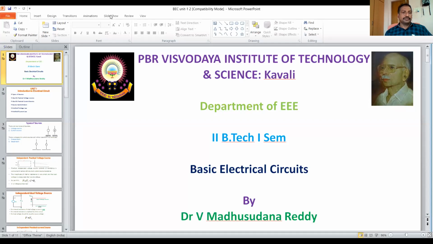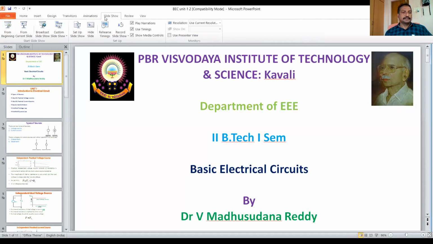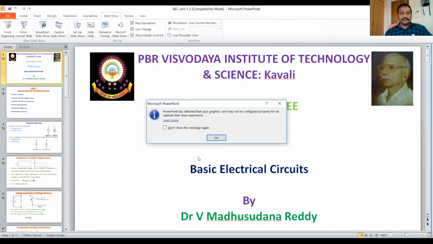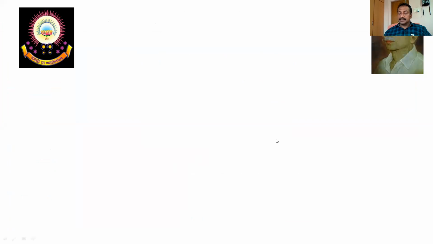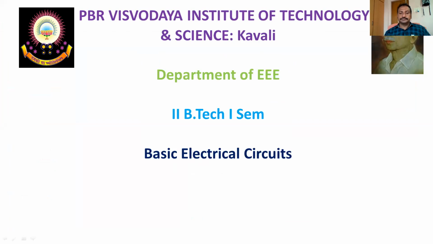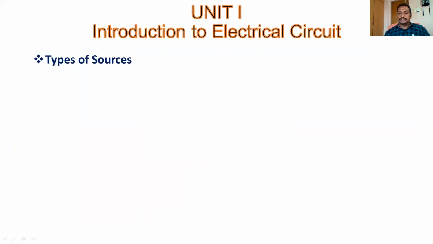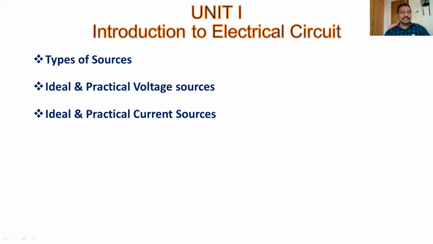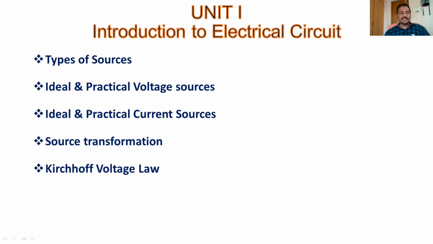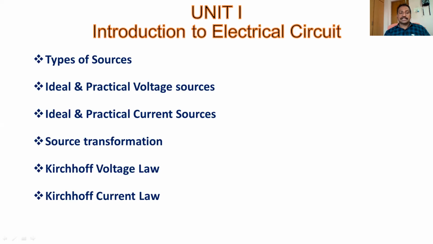This session is for second BTech, first semester EEE students. The subject is Basic Electrical Circuits, and Unit 1 contains electrical circuits and magnetic circuits. In this unit, the topics are types of sources, ideal and practical voltage source, ideal and practical current source, source transformation, Kirchhoff's voltage law,